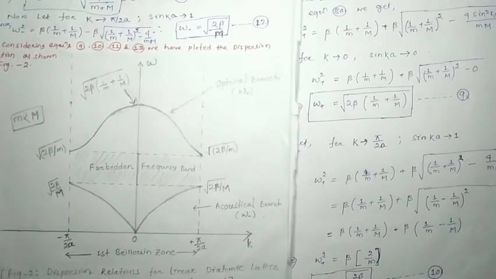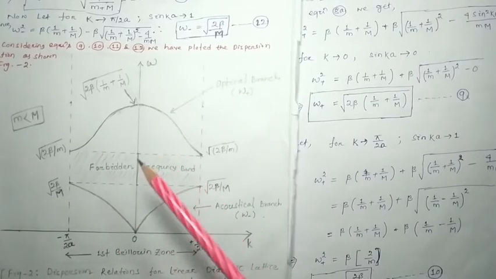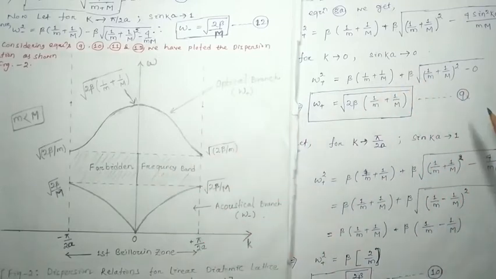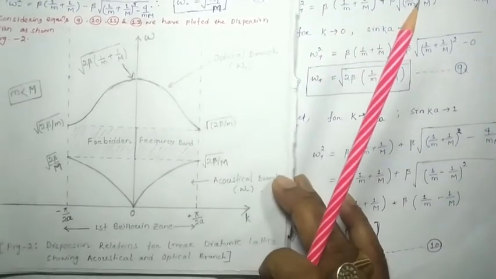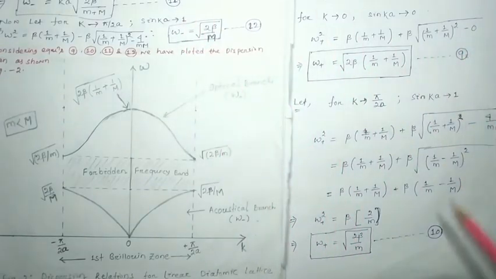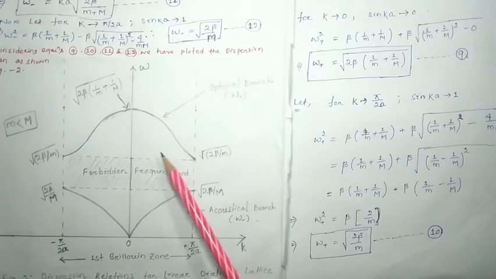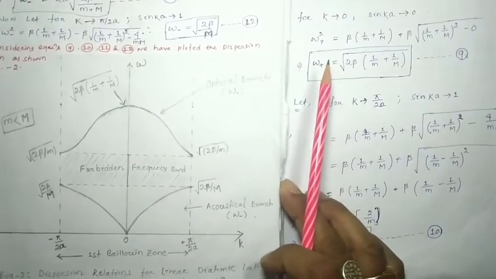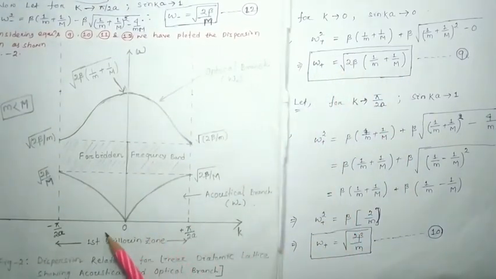So in this video, this is the most important part, that how to draw or how to understand to draw the dispersion relation graph by using equation number 9, 10 and 11, 12. So here we are using equation number 9, 10, 11 and 12 to draw this graph. So first we have to consider at pi by a. Along the x-axis we have taken k, and this is minus pi by a and this is plus pi by a.